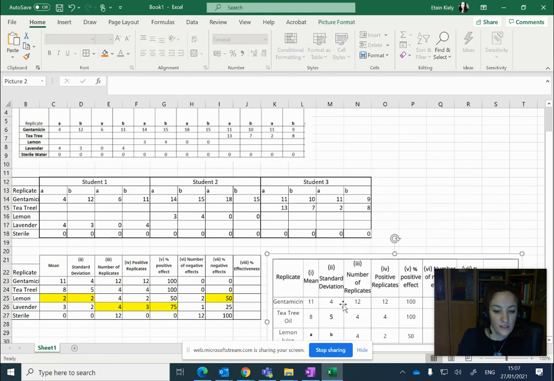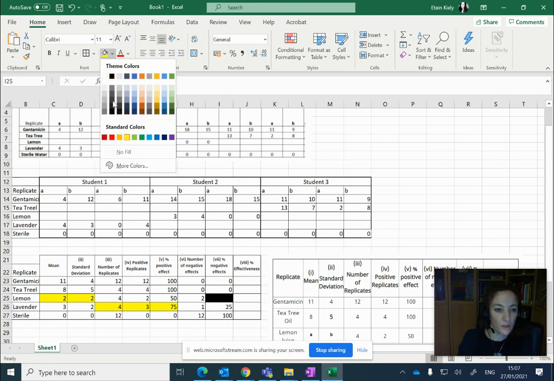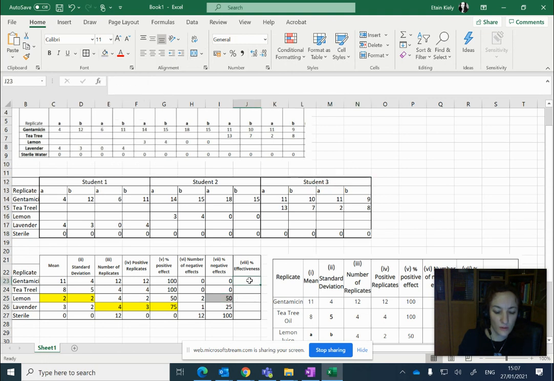Okay, the last question here is the percentage effectiveness. So when we're looking at the percentage effectiveness, this is the one that catches students out. We're going to see how effective each of these treatments are relative to the antibiotic, which is the positive control. So it's going to be equal to the mean of the antibiotic over the mean of the antibiotic, because this is our control, star 100. So we can see that's